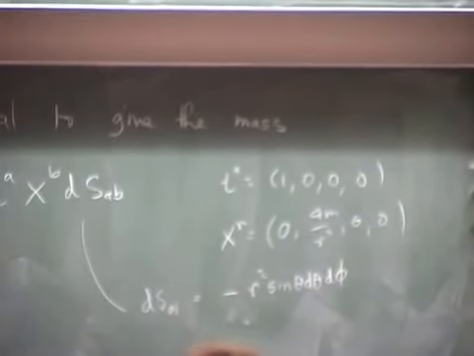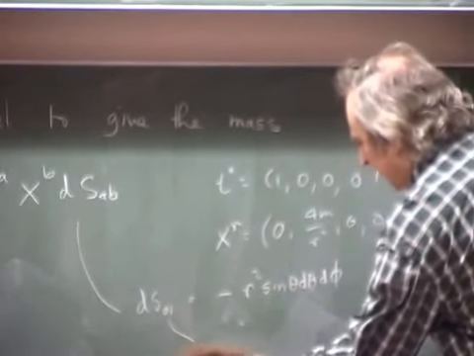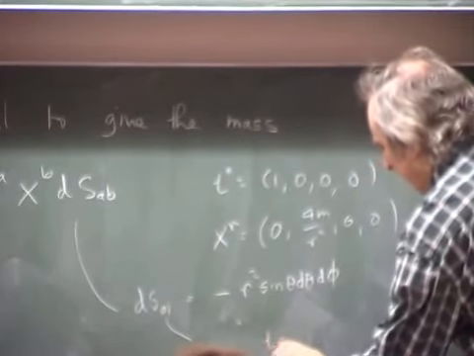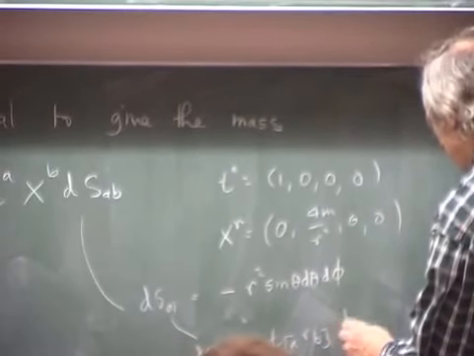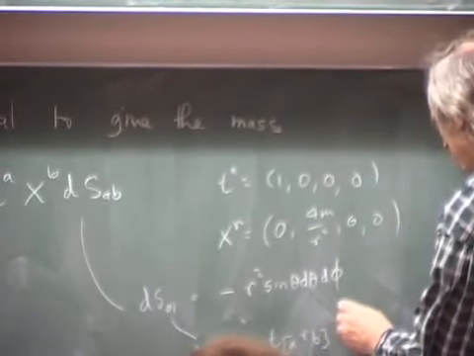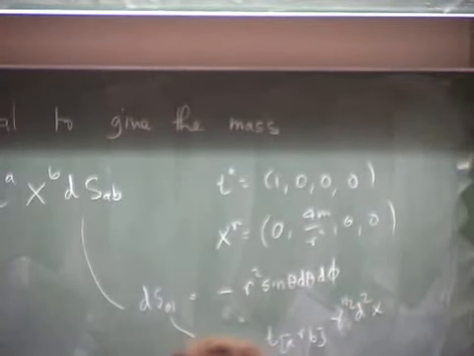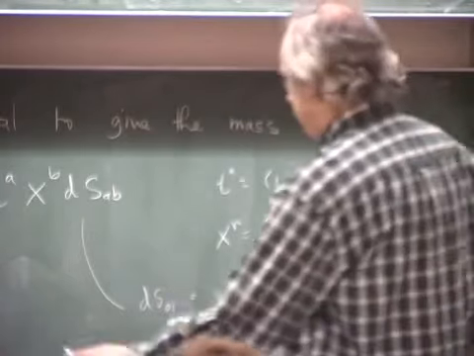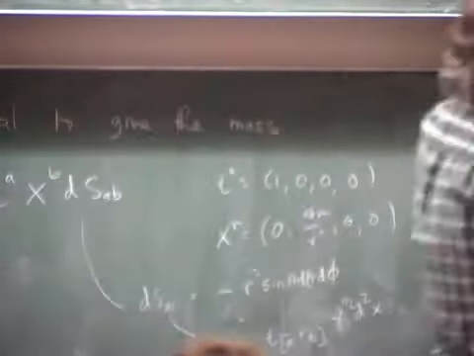Remember that DSAB is supposed to look like TARB times the induced metric on the surface, gamma to the half d2x. Hence the minus sign. So this thing is, putting it all together,